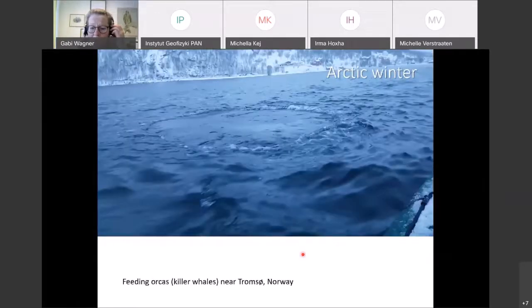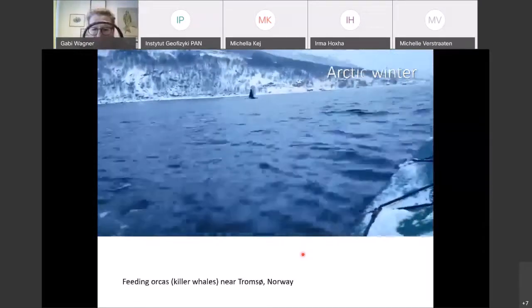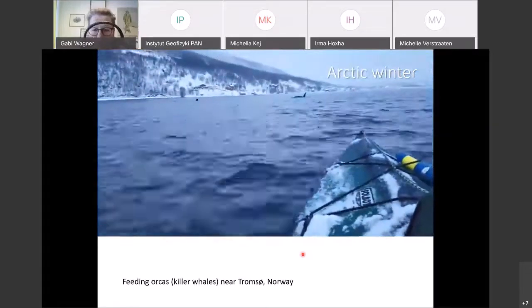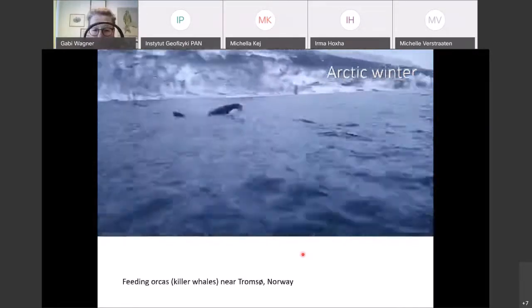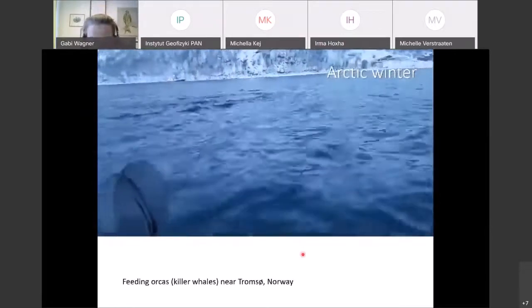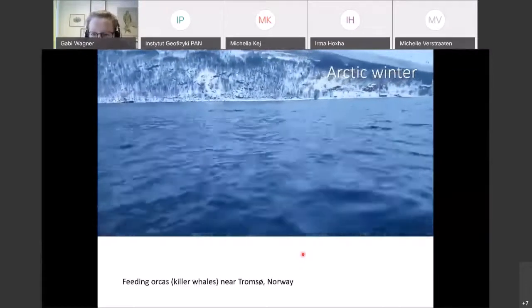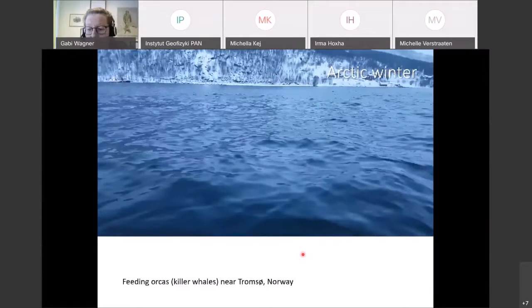So here's another animal that comes along with the humpback whales and hunts together with them. So those are orcas or killer whales, and they migrate alongside the humpback whales to feed on the herring that come into the fjords around Tromsø. What you could see was a male in the background with a very straight fin, and then a female that was closer to the kayak.